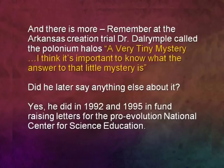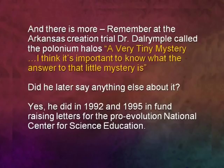So here tonight we're still trying to rattle that skeleton, and there's more. Remember at the Arkansas creation trial, Dr. Dalrymple, the geologist, called the polonium halos a very tiny mystery. I think it's important to know what the answer to that little mystery is. That's what Dalrymple said. Did he later say anything else about it? Yes, he did. In 1992 and 95, in fundraising letters that were sent out for the